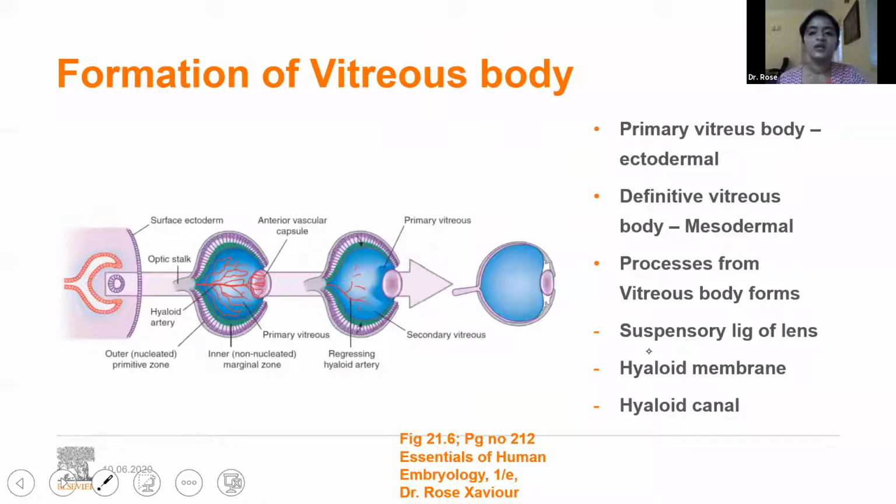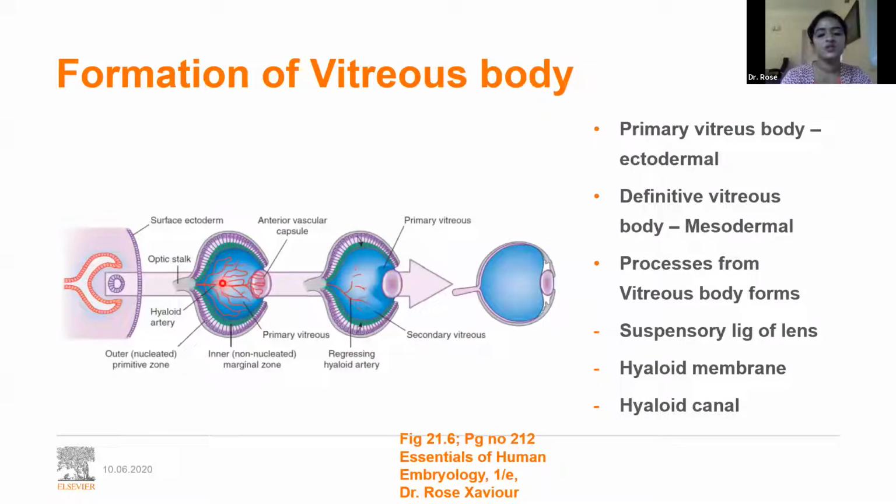Now something about the formation of the vitreous body. So the vitreous body is actually developed in two stages. First we will have the primary vitreous body developed, then we have the definitive vitreous body. So these two bodies have two different sources. Primary vitreous body is of ectodermal origin. The cells between the lens vesicle and the optic cup, which are ectodermal, will be actually prolonging to form